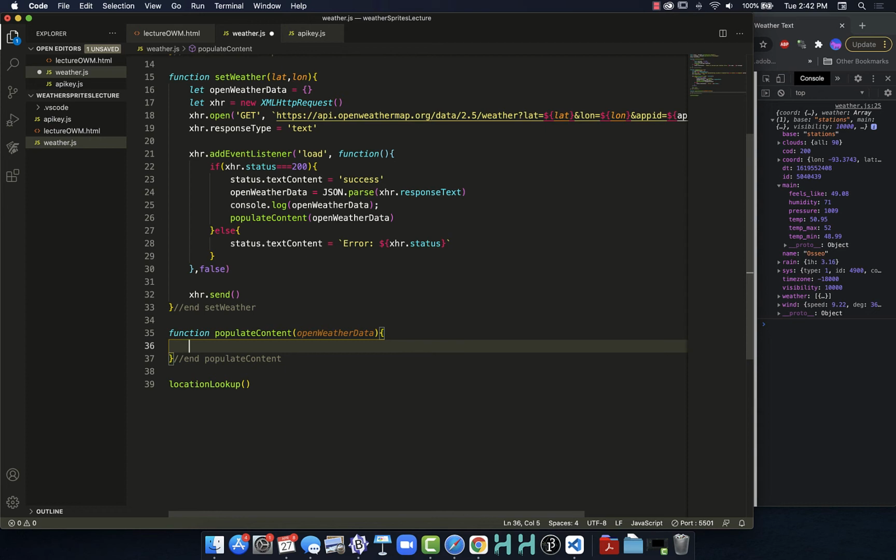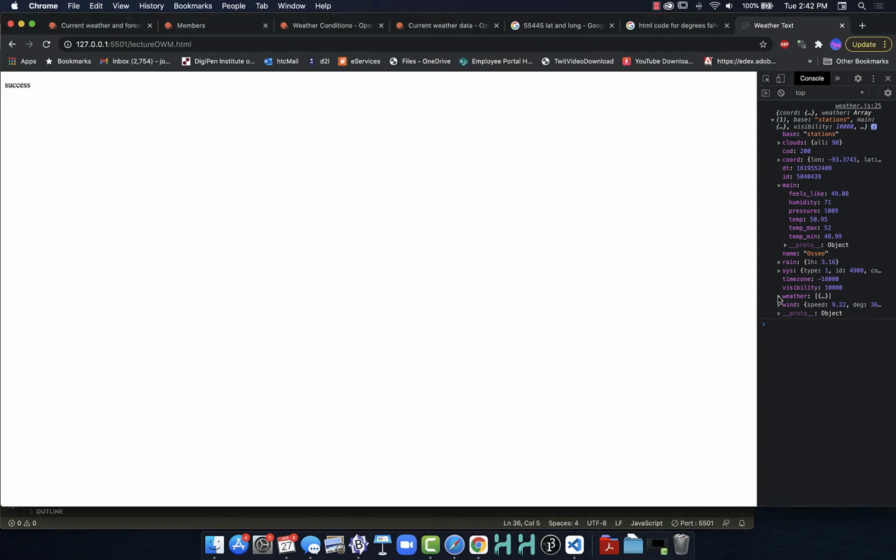I'm going to try and prevent my line. Things will get really long, so I'm going to store an icon. Now, the icon that I'm working with and grabbing is under weather. If I expand that out, I will see that there's an icon,